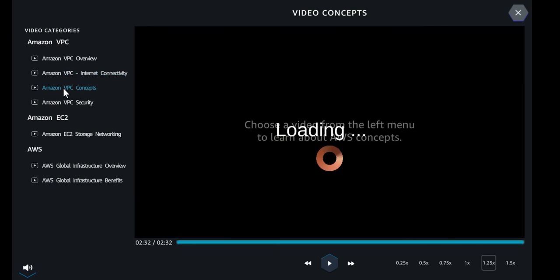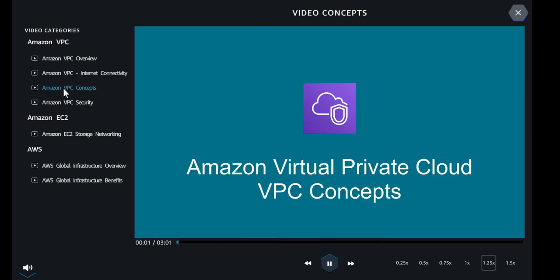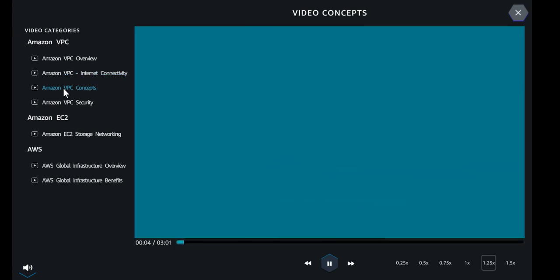Amazon Virtual Private Cloud, VPC concepts. The following are some of the key concepts for VPCs. When you create a VPC, you must specify a range of private IP addresses for the VPC, in the form of a classless interdomain routing, CIDR block notation. The allowed CIDR block size is between a /16 and /28. For example, this IPv4 CIDR block,